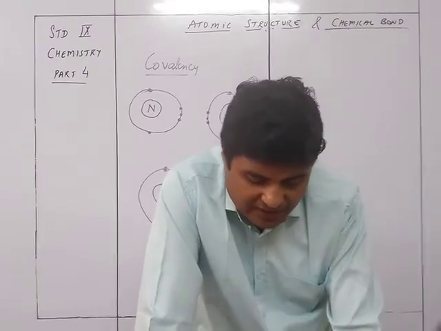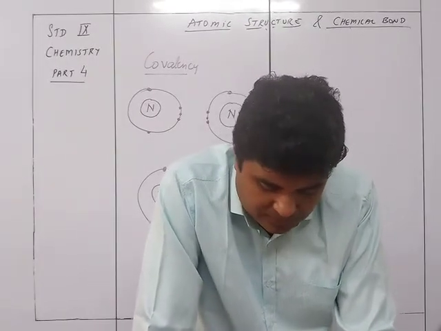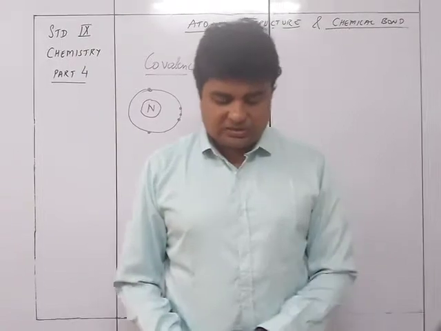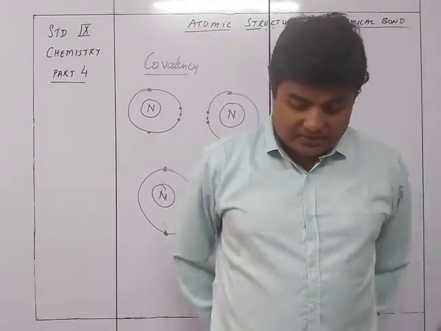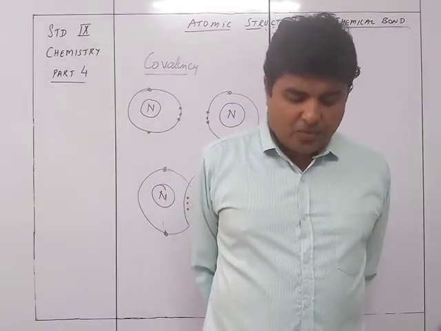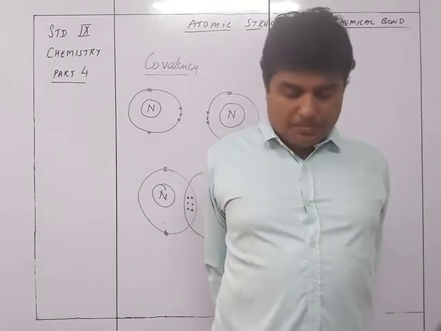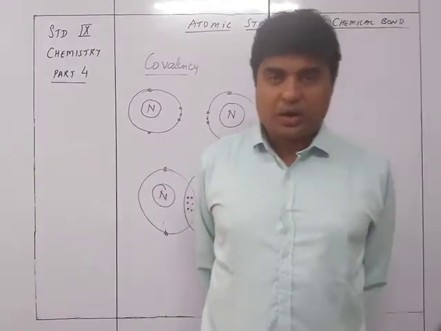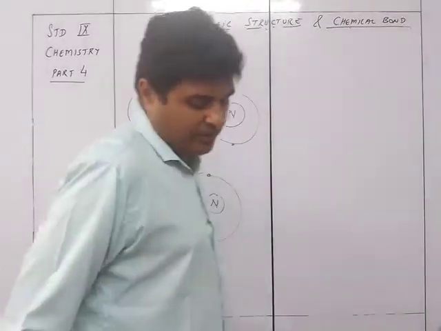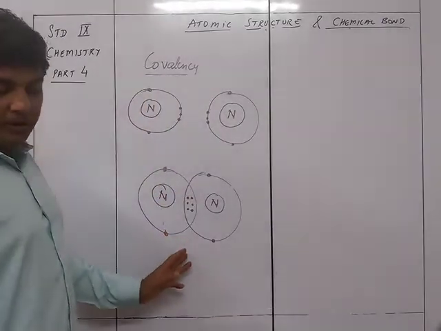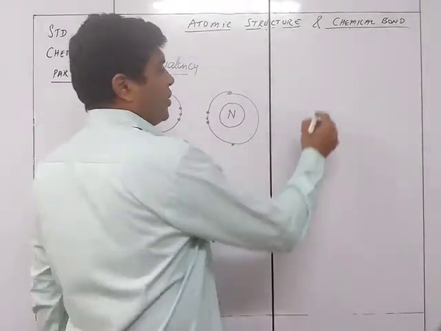So this gives us the formation of covalent compounds. A nitrogen or hydrogen atom shares electron pairs with other atoms, resulting in the formation of a molecular or covalent compound, for example nitrogen, water, ammonia, etc. The example over here is the nitrogen molecule. The other one could be water.